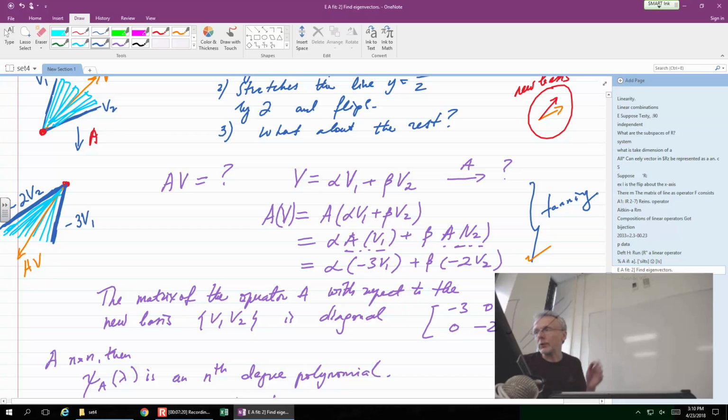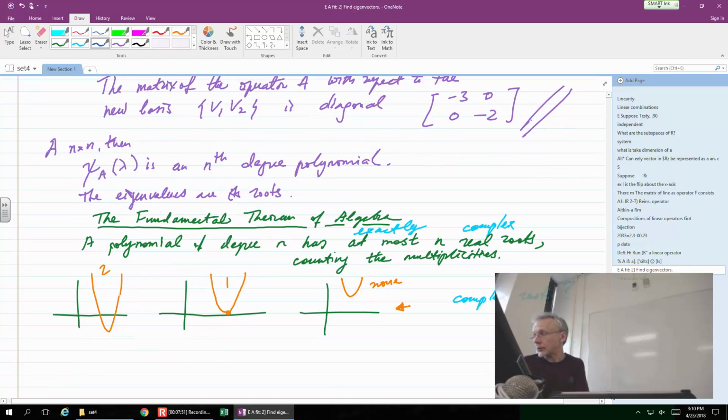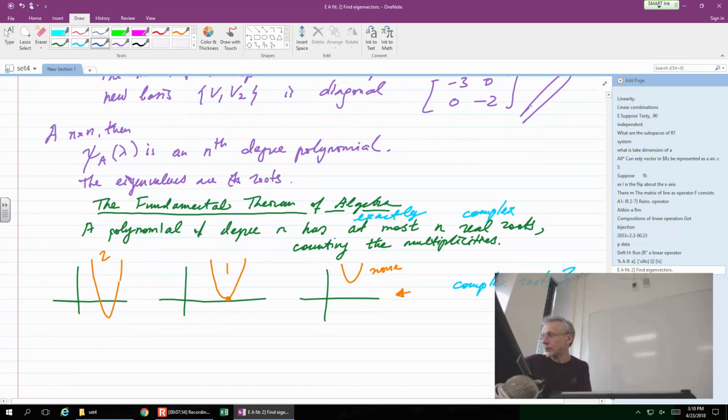The vectors between V1 and V2. And now in the n-dimensional case, what comes into play is the fundamental theorem of algebra. This is the two-dimensional case, as has been up to now, and then we will have at most n real roots, counting the multiplicities. If you are prepared to deal with complex numbers, it has exactly n complex roots, but we have no time for any complex analysis, so we're going to try to figure out what to do with that when